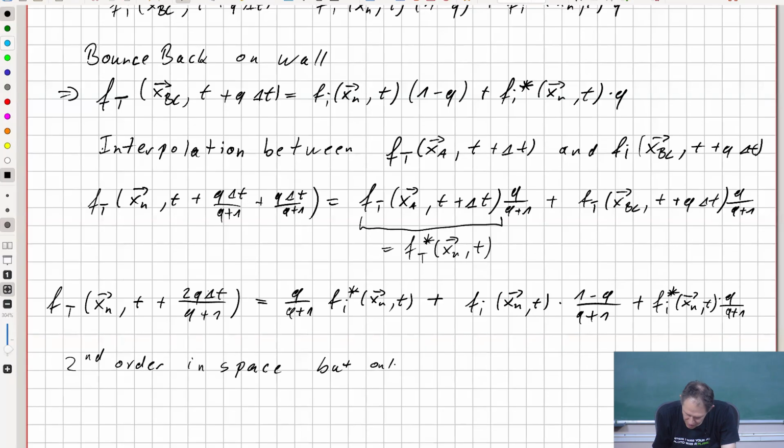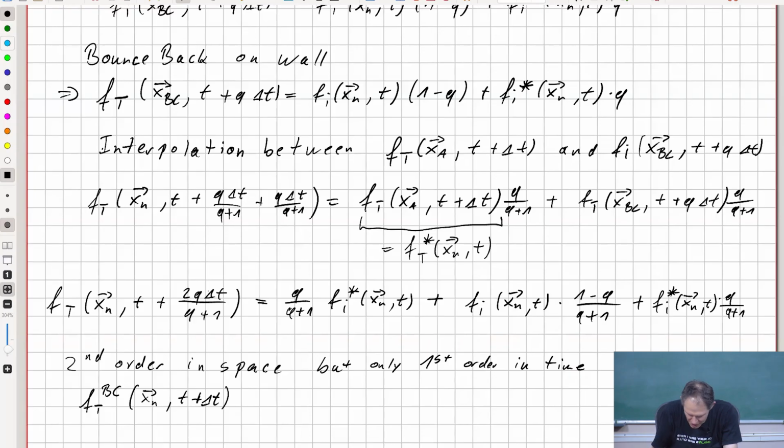but only first order in time. And I can tell you it's actually hard to observe that this makes any difference. I have not investigated it very, very carefully, but I'm not aware of any particular problem that arises from this. You simply specify now that we set at the forthcoming or even